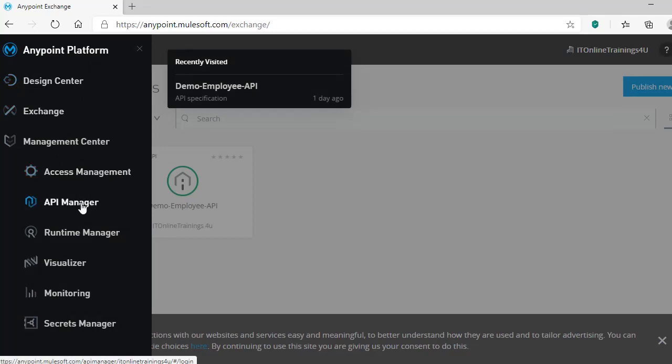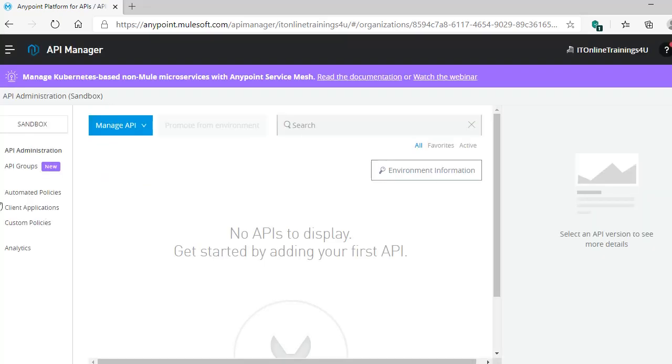So to do that, you need to go to this API Manager. And my account is a 30 days trial account.